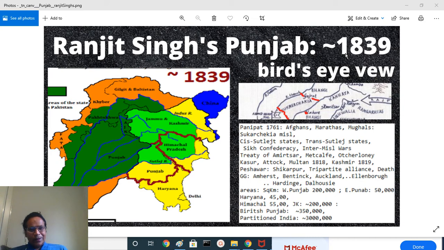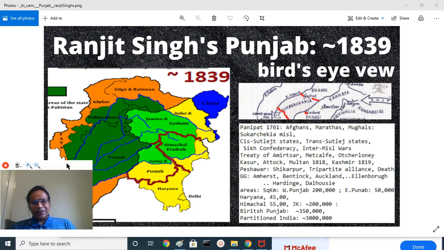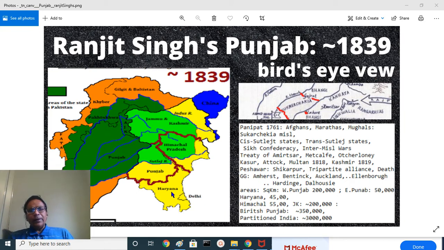the successor, and he conquered Lahore during the turmoil period when Ahmad Shah Abdali's grandson Zaman Shah was unsuccessful in invading Punjab and reaching Delhi. He went back, and in the turmoil Ranjit Singh occupied Lahore and declared himself Maharaja. Slowly he started building the kingdom. By the time 1803, after the Treaty of Bassein between the Peshwa Bajirao II and East India Company in Bombay, and